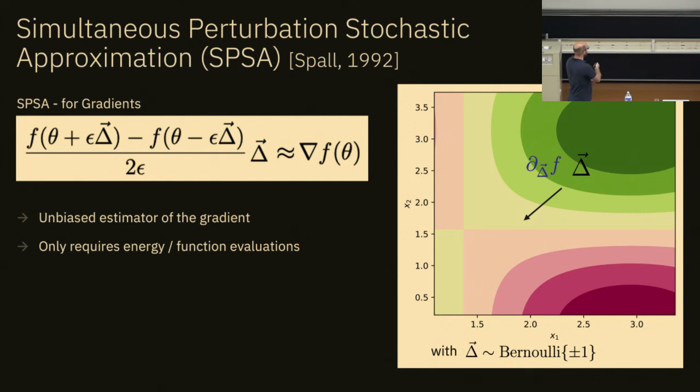Here it's 2 parameters. Then you draw a random direction, where for each component you just take a Bernoulli variable, plus minus 1. And then what you do is you evaluate your function doing a small step in this direction, in one direction, other direction, but in this direction, not like in standard finite difference along your coordinate axis, but in a random direction. And then you use this